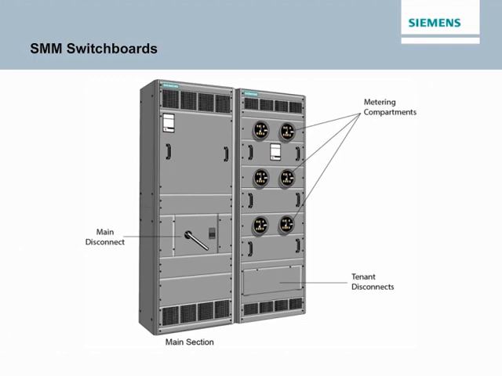The switchboard main service is rated up to 4,000 amps for the following services: 120/240 volt, single phase, 3 wire; 240/120 volt, 3 phase, 4 wire; 208/120, 3 phase, 4 wire; and 480/277, 3 phase, 4